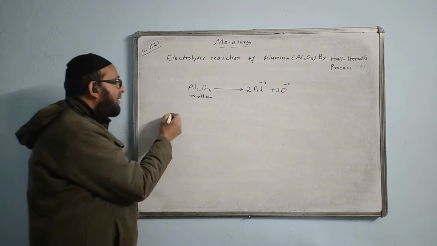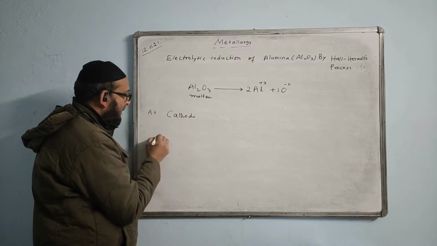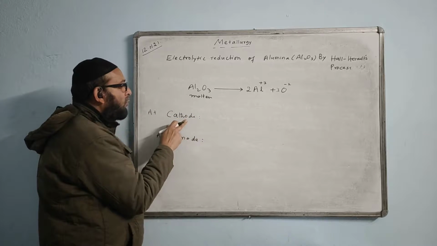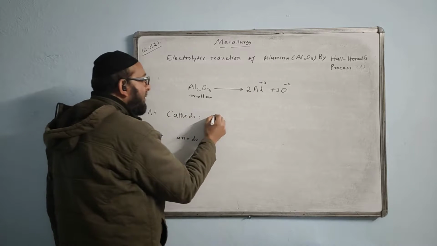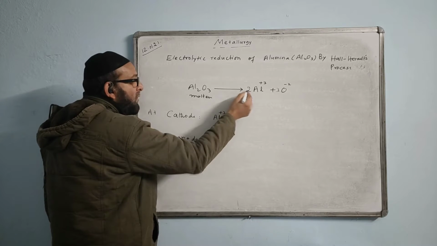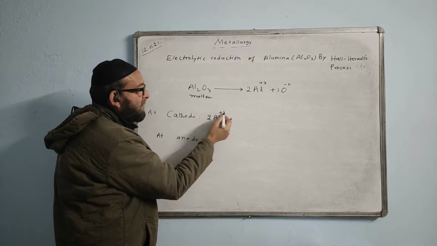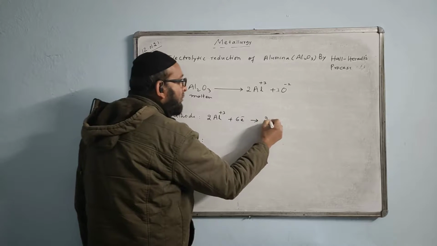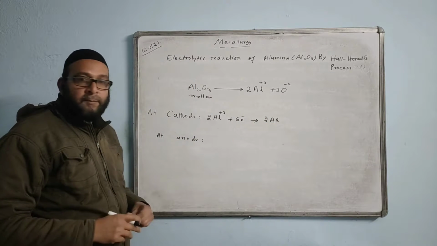Now we write the reaction at the cathode and the reaction at the anode. Let us see. Cathode is a negatively charged plate. It will attract the positive ion, that is here we write Al+3. 2 is there, so we write 2 at the back. We will count this way. 2 3s are 6, so we write plus 6e. It will take 6 electrons and change into neutral aluminium metal. Aluminium metal will be deposited at the cathode.